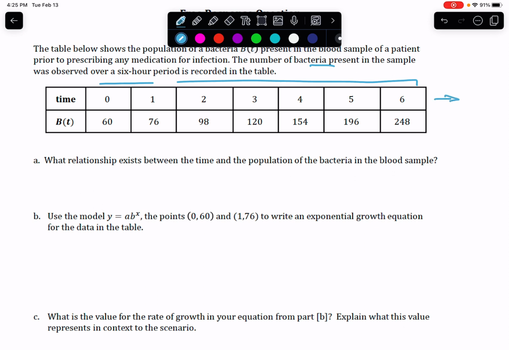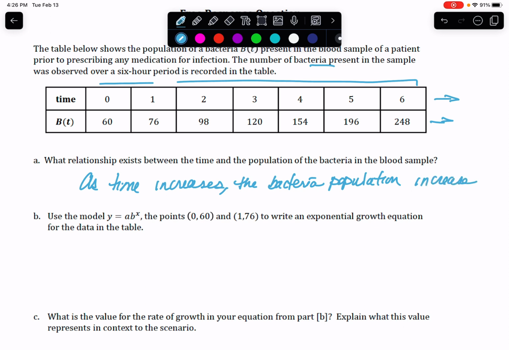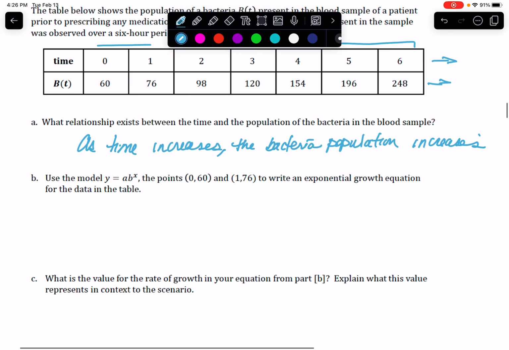This is increasing and this is also increasing. So we can say as time increases, the bacteria population increases. I don't think it wanted any more than that. Okay, use the model y equals a b to the x with these points 0, 60, and 1, 76 to write an